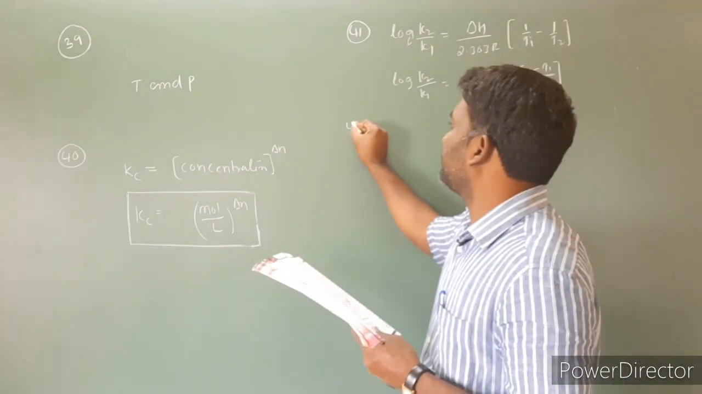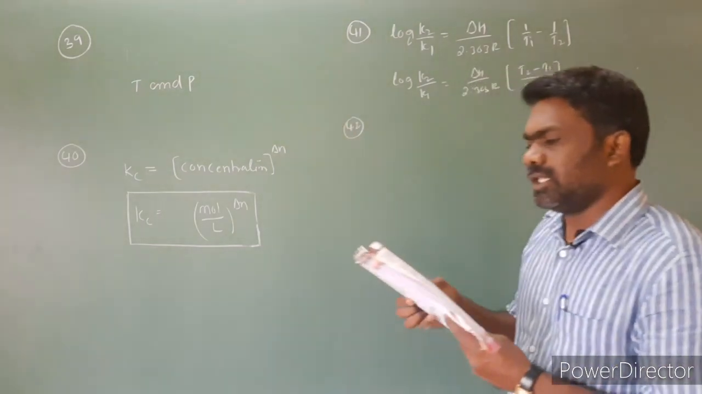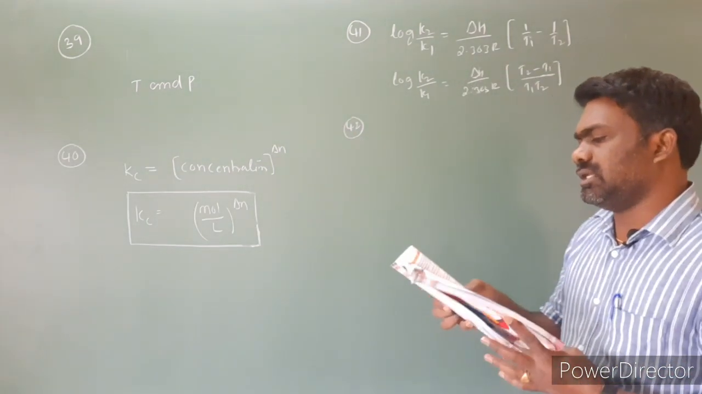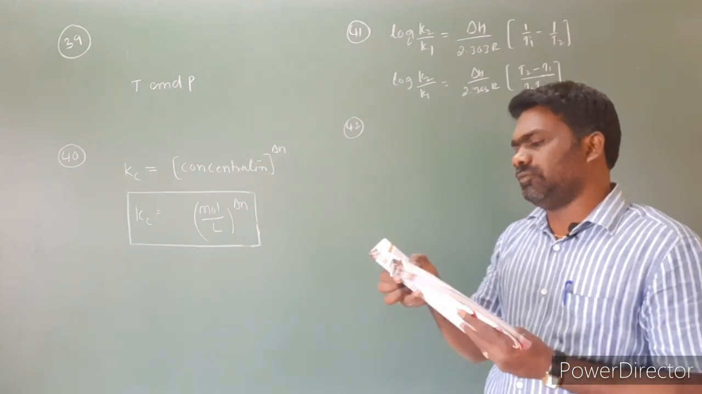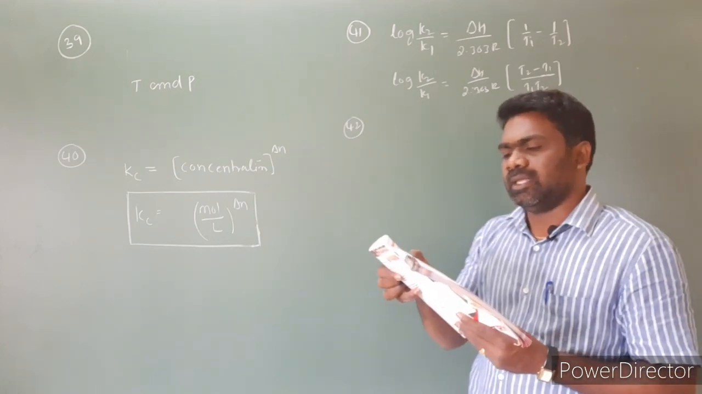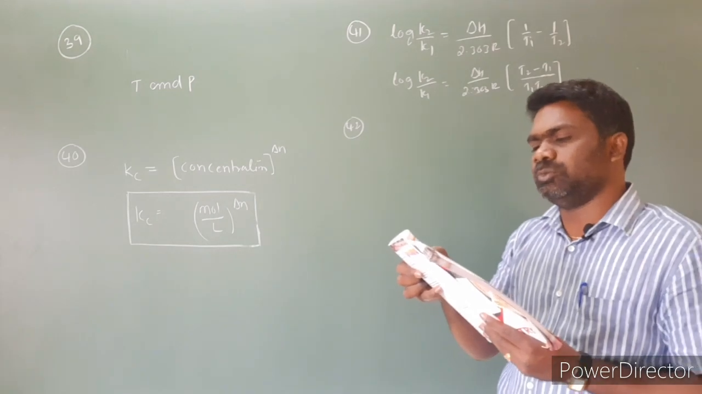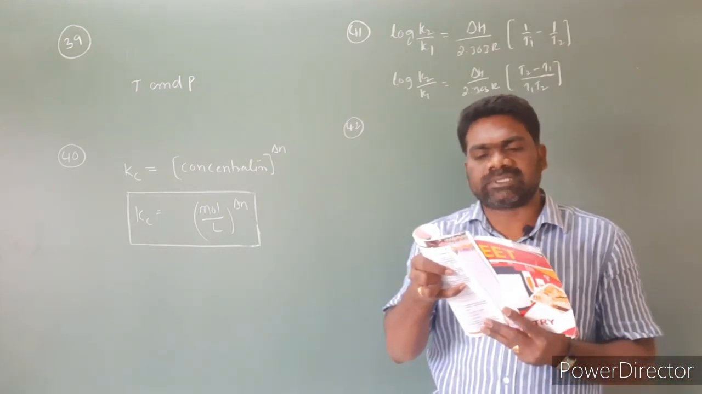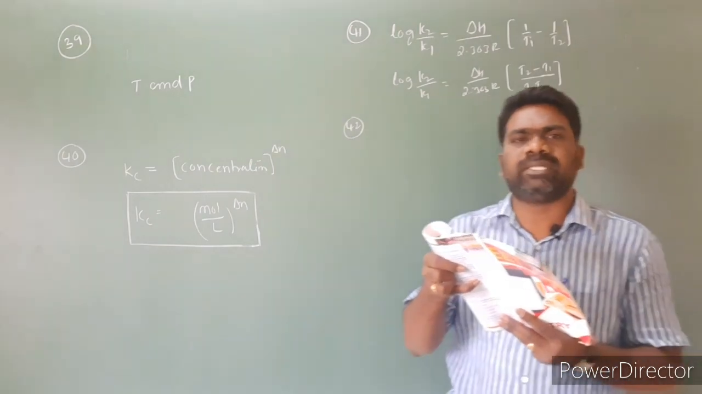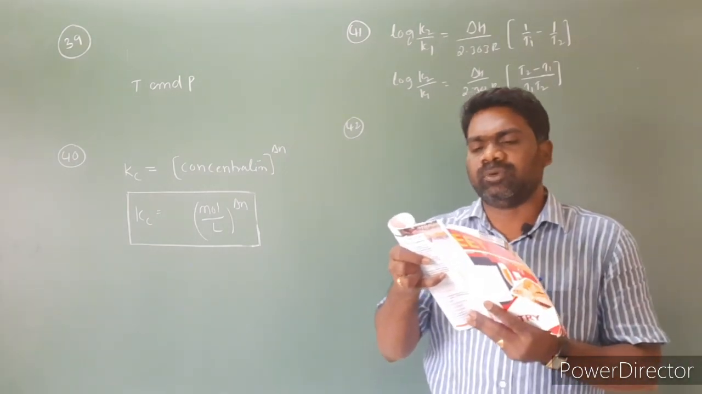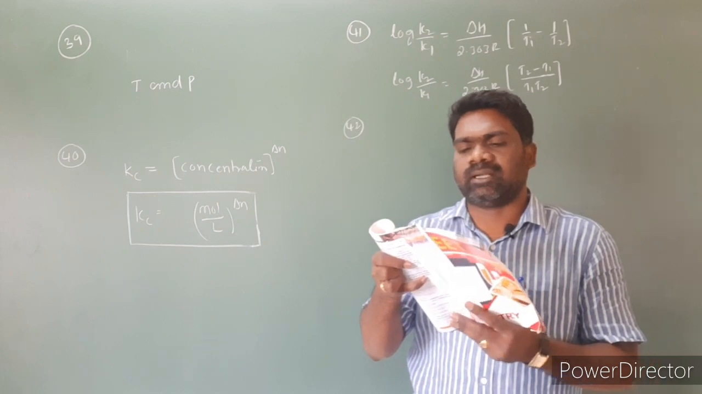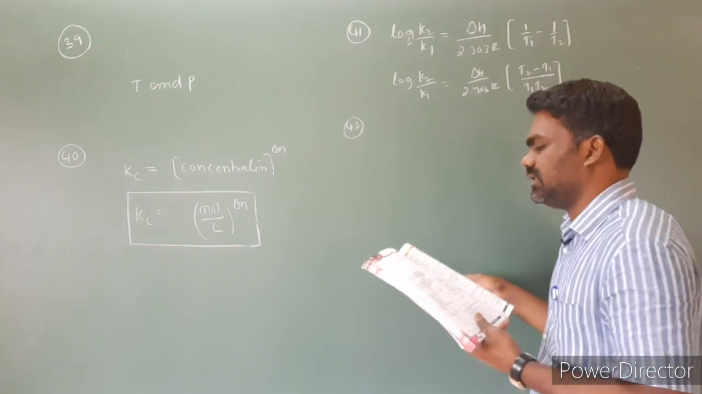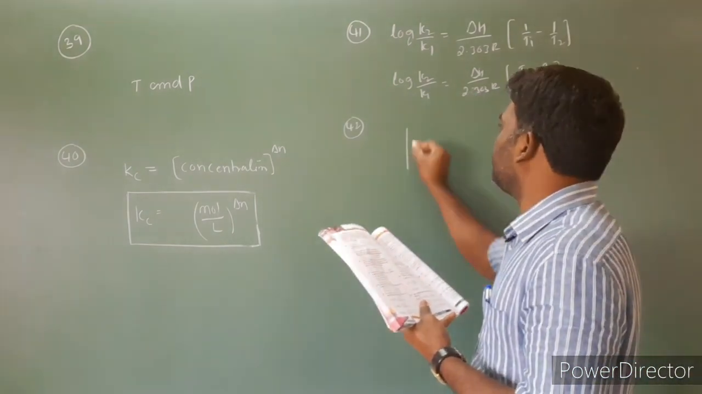Next, question number 42. A vessel A contains 1 mole of each N2 and O2, and another vessel B contains 2 moles of each N2 and O2. Both vessels are heated to the same temperature till equilibrium is established in both cases. Then the correct statement is: first, what is the meaning of this question is, I took two